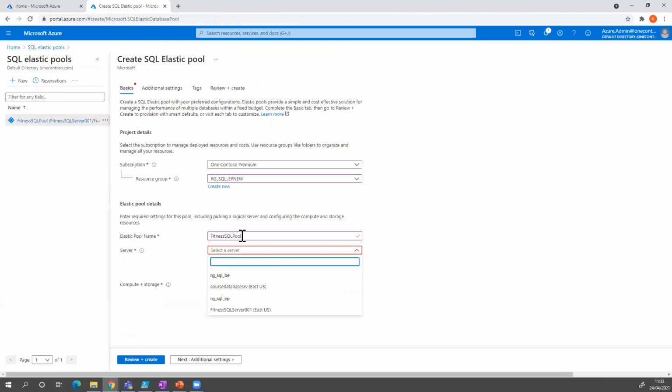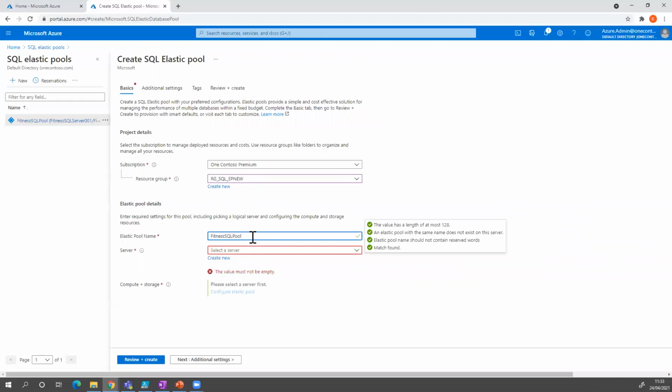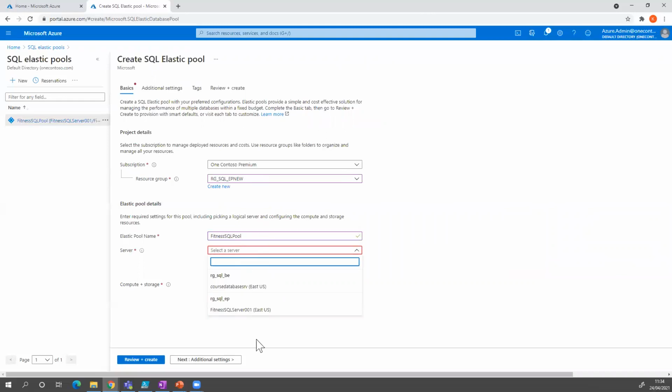So normally, in the previous step, we created a SQL server and two databases. When we go into elastic pool creation, you select the same resource group, assign the name of the elastic pool, and then select your SQL server name. Since my 002 is not displayed here, I'm going to skip it, but you can understand that once it is available, you can select your SQL Server name and then create. Once you create it,